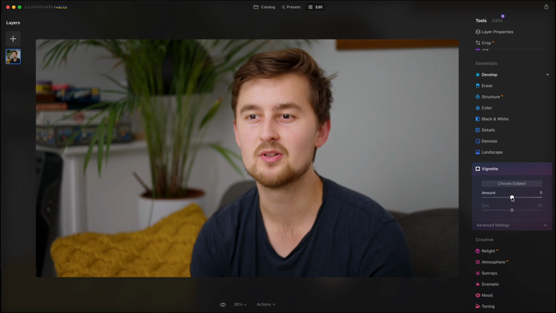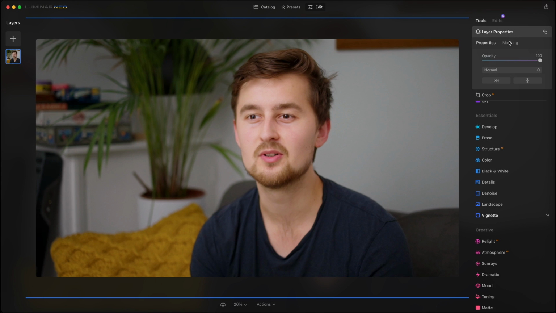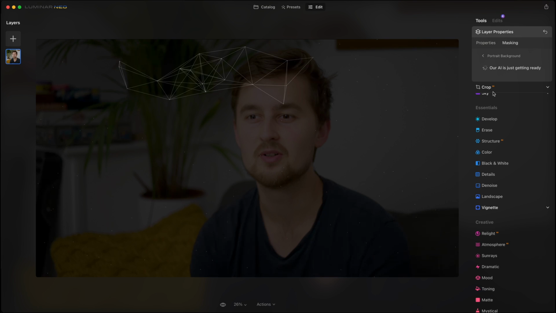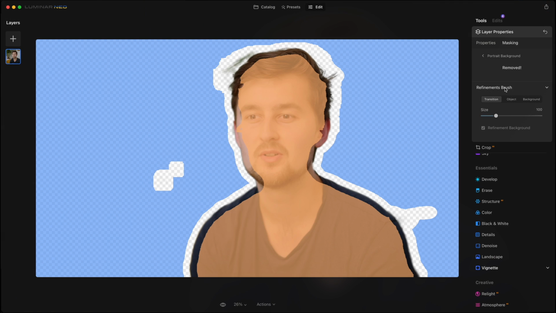Nice. I'll add a little vignette to finish, and I can confidently say that I'm no longer blending into the background. But we can take it even further by using a background that tells a story. If I head over to the Portrait Background Removal tool, it's going to cut me out from the background. I'll just grab the refinement brush to do a very quick tidy up, and we'll be ready to add a